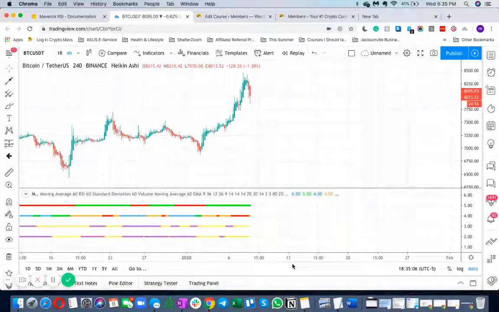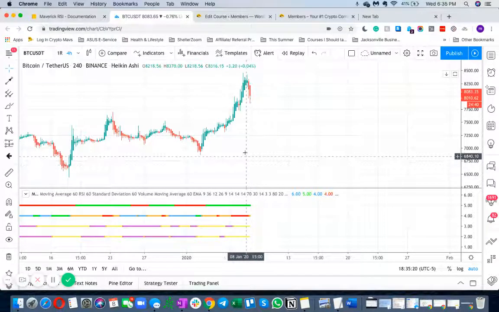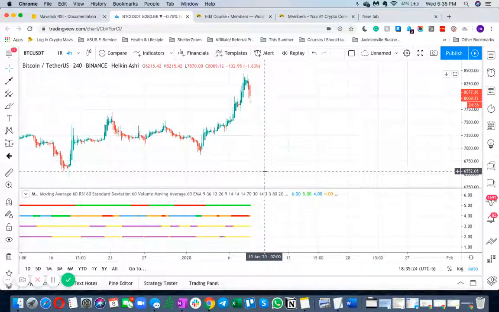Matt here, and welcome to what we like to call the Maverick meter trading indicator. Basically, this indicator is pretty different than probably anything you've seen before. It's definitely different than other indicators that I've seen before. And when we set out to create this indicator, our goal was to create something to where you can have